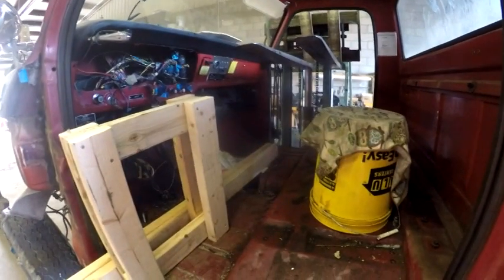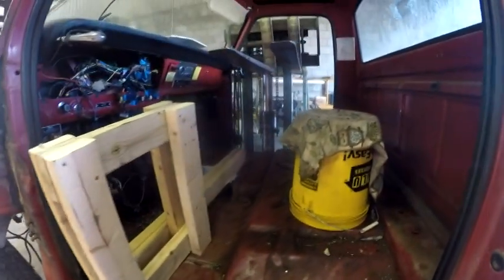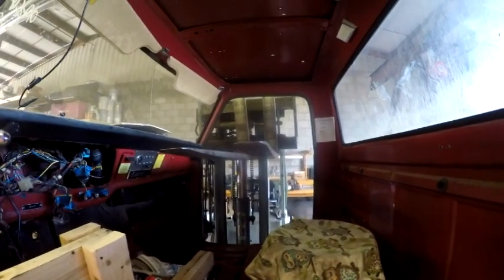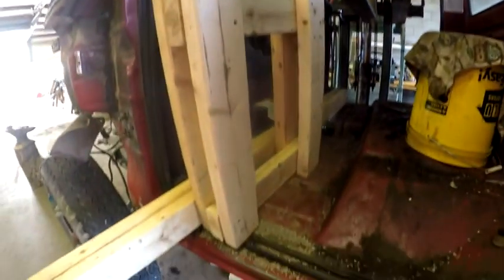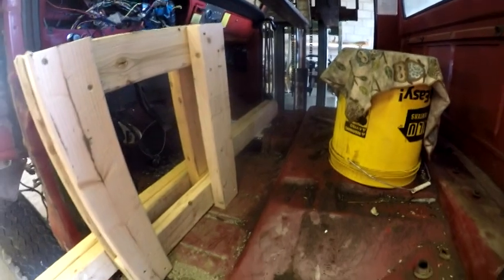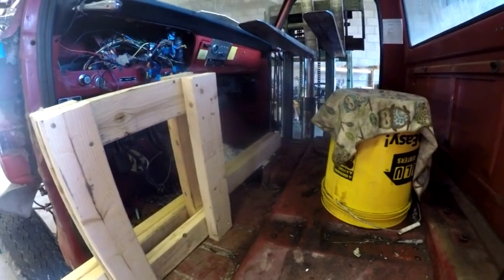I'm just going to show you a brief shot of this. The forklift truck was still in position, and this thing was on the forks. I had run it up, and it's been supported by, let's call it, the door frame structure. It was supported on this long part of the board, and we just sat it over the frame. I just wanted to show you that before I moved the forklift out of here and took this thing out of here. And I'll bring you back and show you exactly what is going on with the cab and positioning